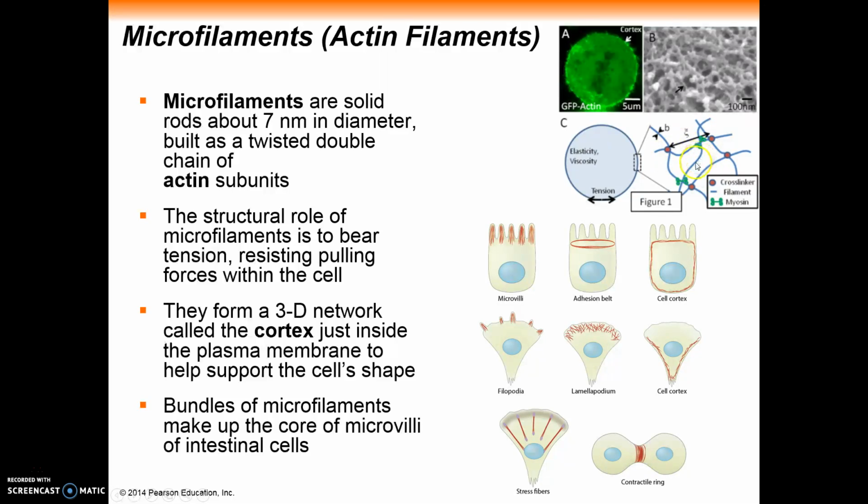Here's a cartoon of that, showing how we have these actin filaments. We have various cross-linking elements which lock these into a net. And then we also have this thing called myosin, which has the ability to walk along actin in much the same way that dynein walks